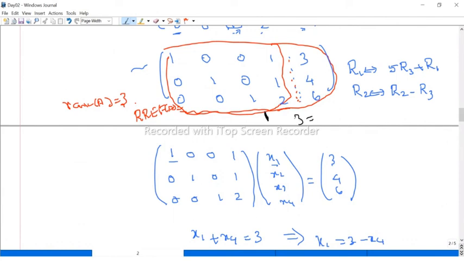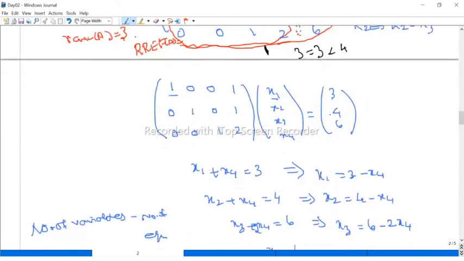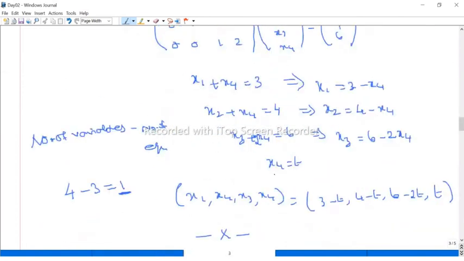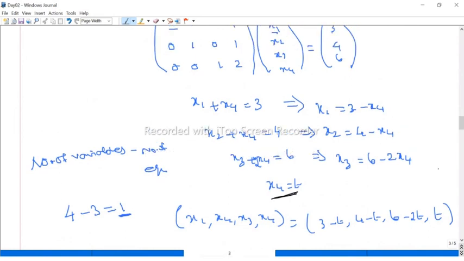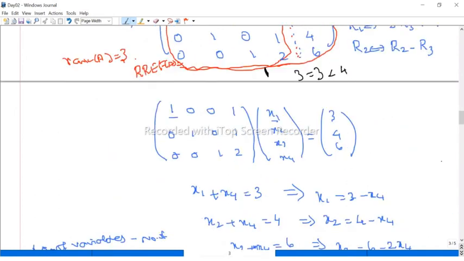What is the rank of the augmented matrix? You have to take the full matrix. Again, here is the row echelon form of the augmented matrix. Again, the rank is nothing but the number of non-zero rows. Again, 3. 3 equals 3. Therefore, a solution exists. But what is the number of variables? It is 4. But 3 is less than 4. Therefore, it has infinitely many solutions. That's why we get the solution here. If we take any value of x4, we get a solution.